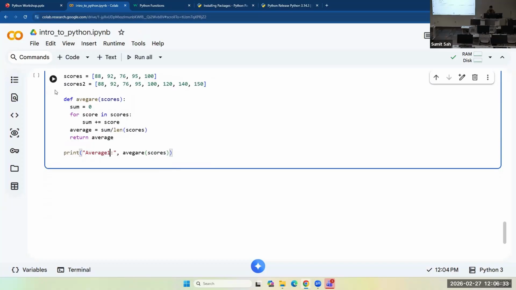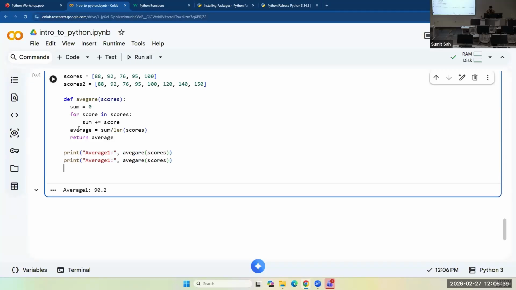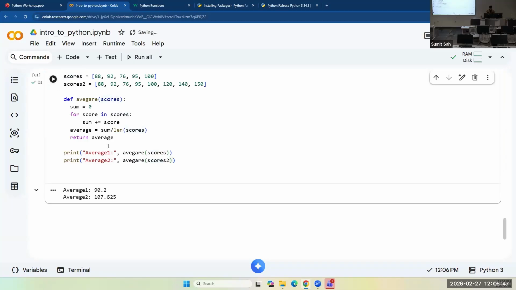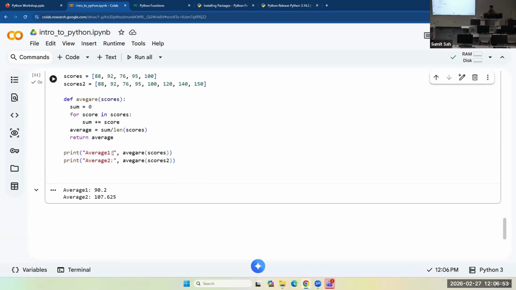Like let's say the average of this is 90.2, and I want the average of the second list, scores2. So let's say you have this function defined somewhere and you don't know the logic of how to find the average. You can just reuse the function average every time to calculate the average. And this is how everything in the libraries and packages works.